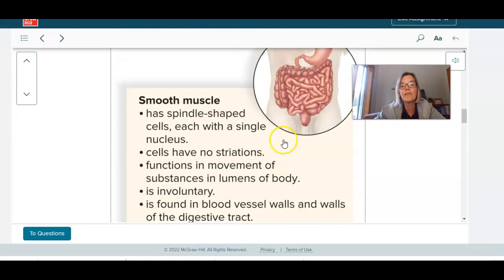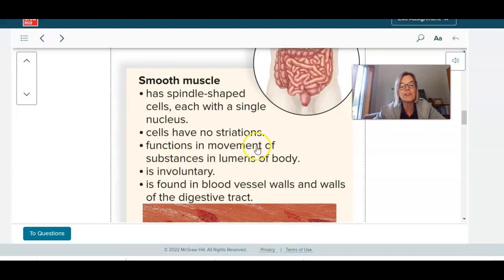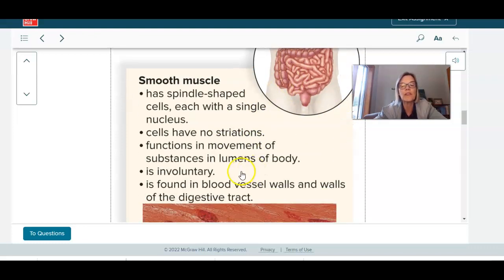So we have a lot of smooth muscle throughout the body, and it functions to move substances through the body, and it's involuntary, which means we don't have conscious control. Like right now, if you wanted to move your esophagus, you just couldn't do it. Okay, it's all done by signals from your digestive system to your brain and back and forth. So we don't have control over that. Or your digestive tract, we don't have control over that. And so smooth muscle makes up the muscles of our organs, and we don't have control over that,